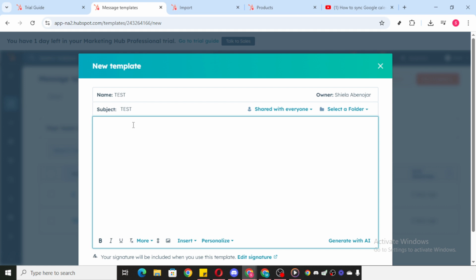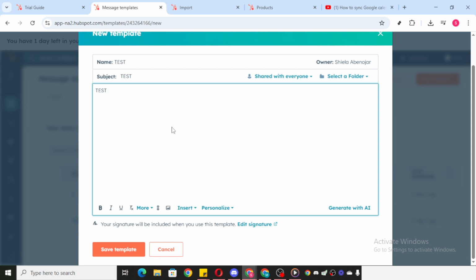Now, once you have a name and a subject in place, let's focus on the most important part, the body of your newsletter. Here is where you convey your message clearly and engagingly. Think about what will resonate with your audience and what information they will find valuable. Use this space wisely to provide insights, updates, or calls to action that will motivate your leads to engage with your content. Personalization can also go a long way to making your newsletter feel more intimate and relevant to each